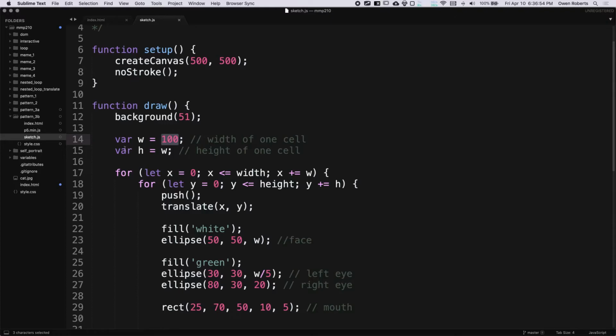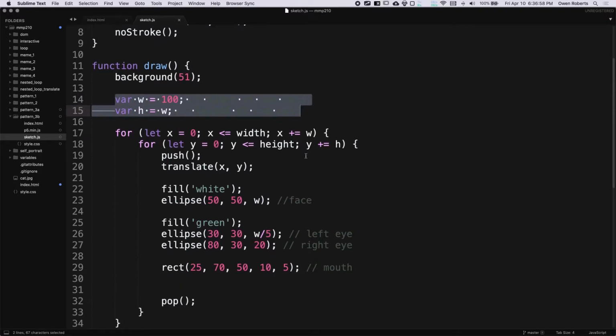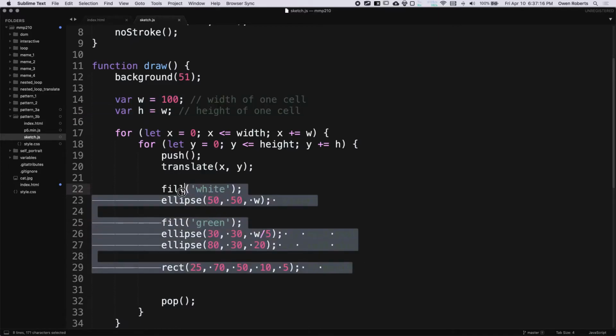So for this one, I'm still going to use these width and height variables, but I'm going to make a little bit of a different approach here, where instead of varying color and position, which you could add them together if you want, for this one, I'm just going to be varying the type of shapes. And so I'm going to have to use another control structure for this, and we'll see where we go with that. So I'm just going to delete what I have here